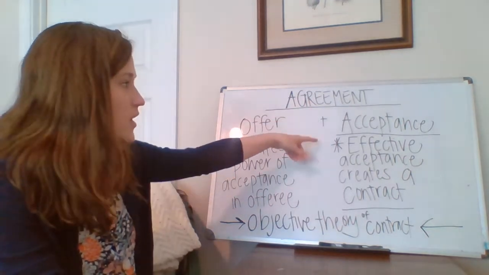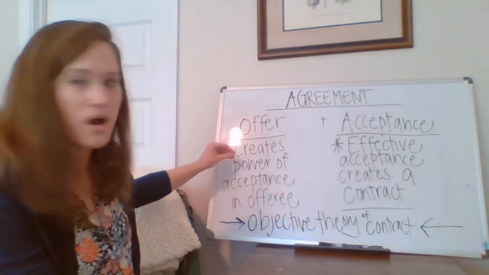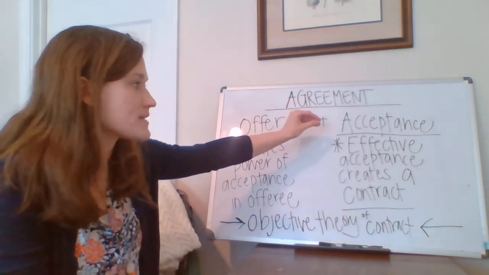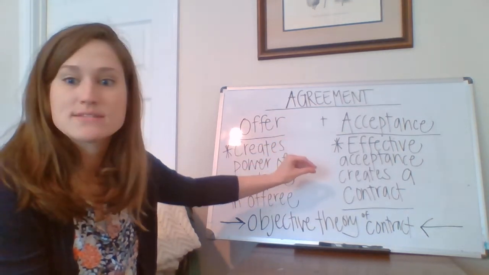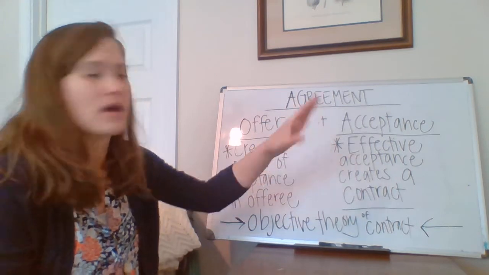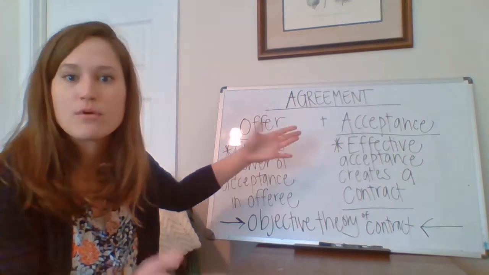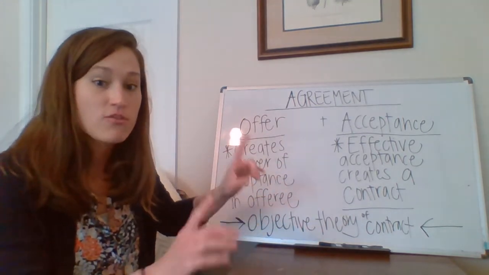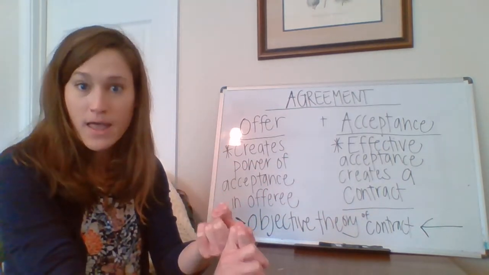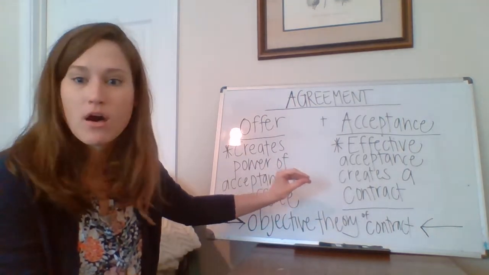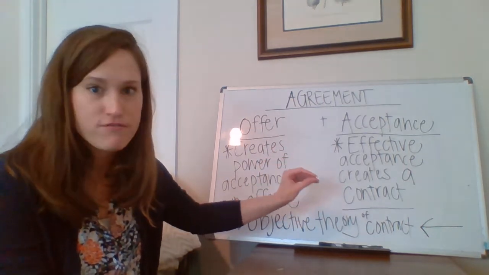Now, if we look to acceptance and our legal effect here, this helps us understand why the offer is important. So if an acceptance is effective, right, an effective acceptance creates a contract. Recall, this is assuming we have consideration, capacity, and legality. But if we have those other elements in place, then the moment the offer and the acceptance come together, we have formed an agreement. And at this point, we have a contract, right? That means that we have an agreement that is legally binding, that can be enforced in a court of law.